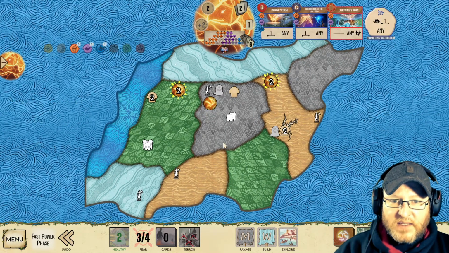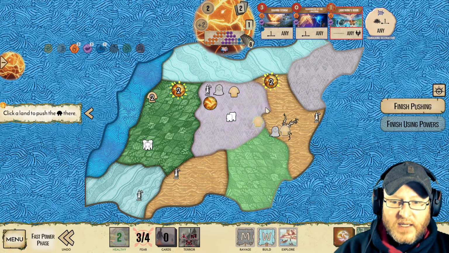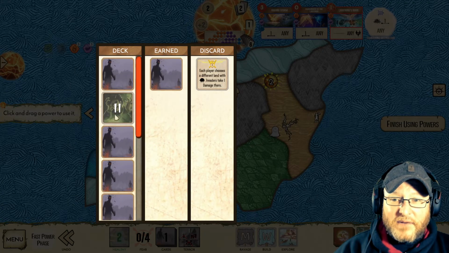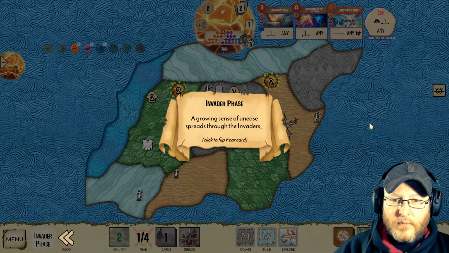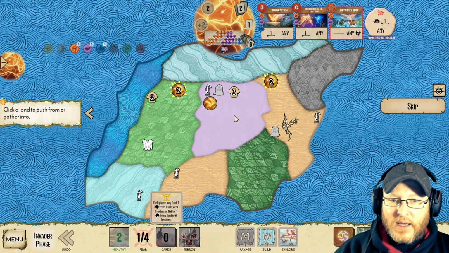So actually, I've made a slight ordering error. We'll do this first. This will gain us an extra fear. Though actually, I might have wanted to keep that fear for Terror level 2 because it would be that much more powerful. Okay. Each player may push a Dahan from a land with invaders or gather a Dahan into a land with invaders. Okay, well, we'll push